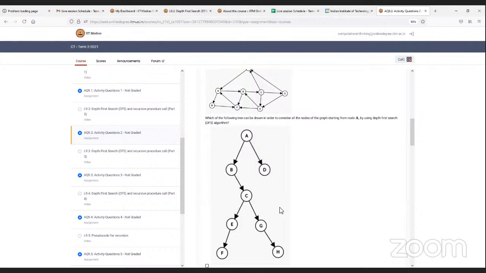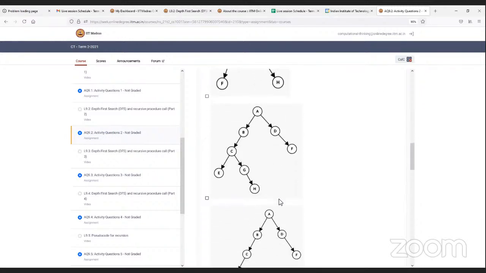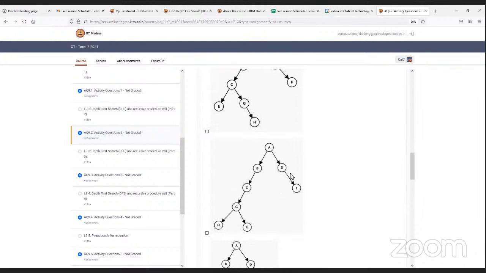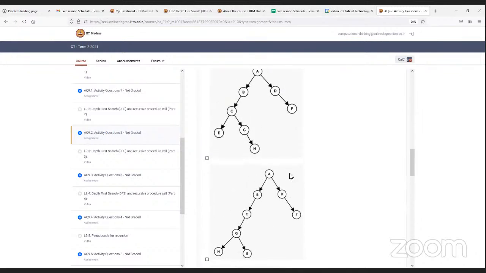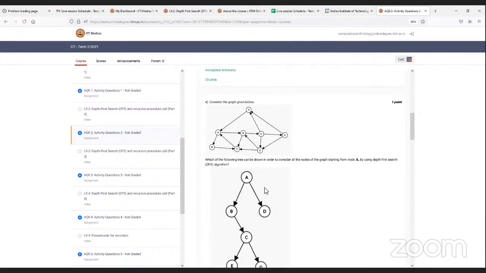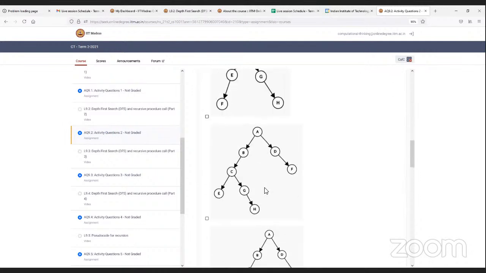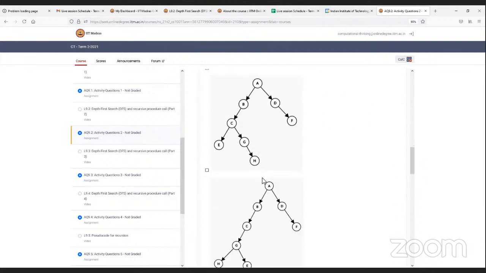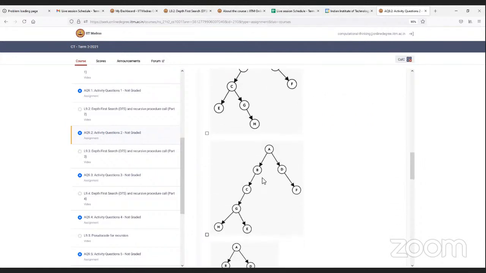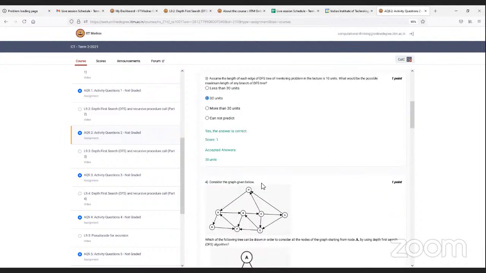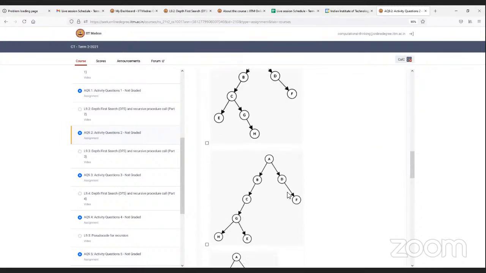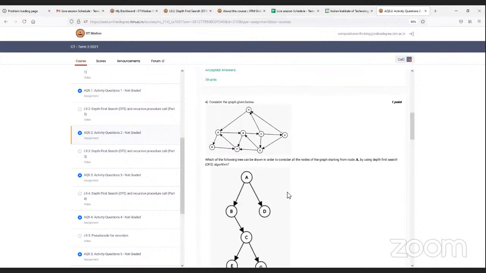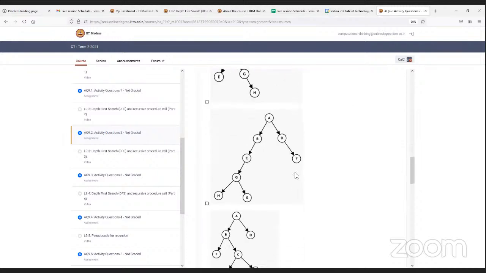Ma'am, I think option number 3 should also be true. Third one, this one? Yes, ma'am. Okay, from A to B there is an edge. We can go from A to B, then B to C, and then C to G. To G also you can go, and after G you can go to either E or H. Here we are taking